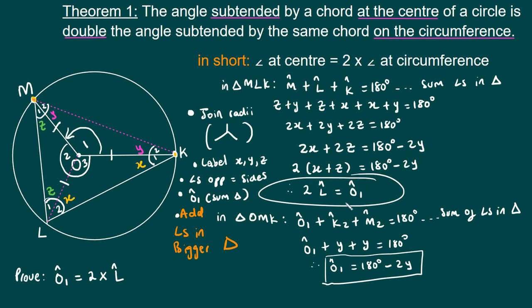After adding the angles in the bigger triangle, you make sure that you have, since you had 180 minus 2y, make sure that you have it this side, and then you take out a common factor, then you'll be good. So please, let's remember those mini steps that we must follow. Okay, so we essentially join the radii, label X, Y, and Z, use angles opposite equal sides, and then say angle O1,